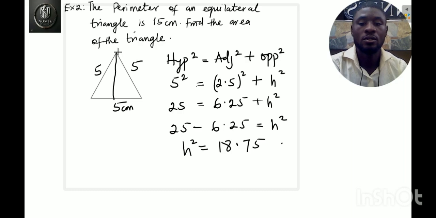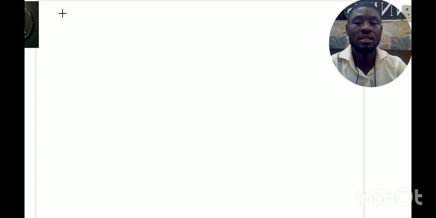So now that we've gotten the height of the triangle, we can now go to the main question that says we should find the area of the triangle. So the question can be hidden like this. So the area of the triangle, so now area of the triangle